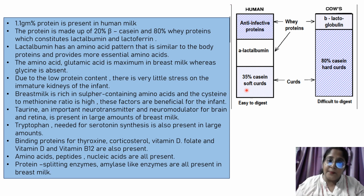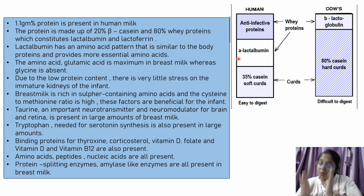So 80% of whey proteins and 20% of casein protein, which forms the hard curds, and that helps in the formation of the proper human milk, and also helps the human milk to be digested. And also the whey protein constitutes the lactalbumin and the lactoferrin, the alpha lactalbumin, which is easily digestible. This lactalbumin has a similar amino acid pattern, more like an essential amino acid pattern. So it helps the body to absorb the amino acids, and also the functioning of the amino acids is